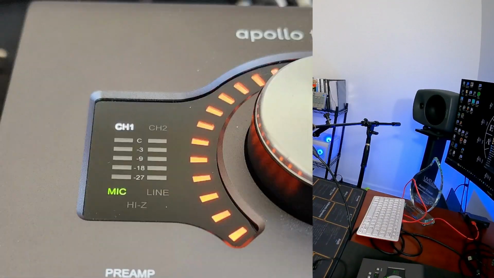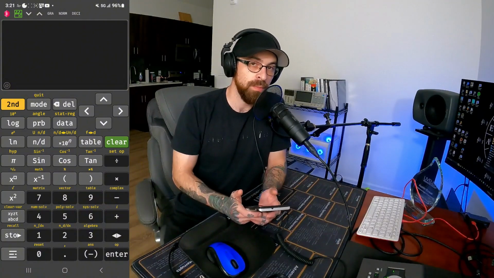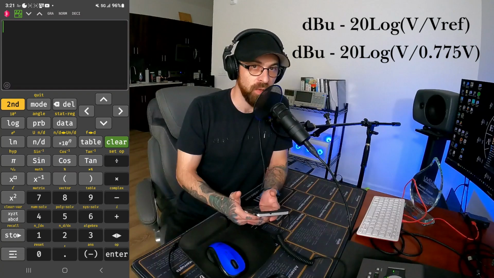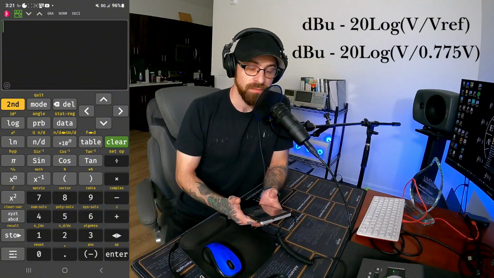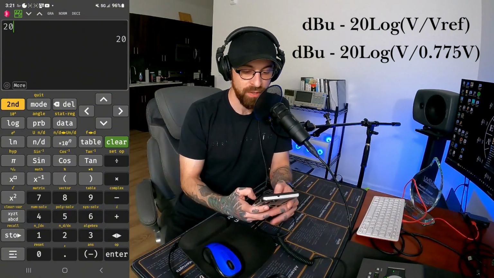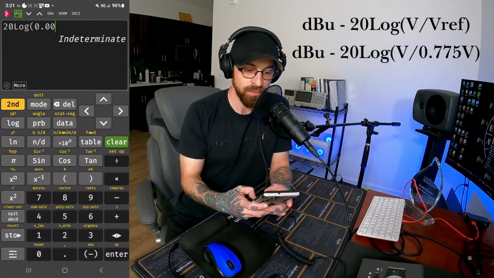When working with professional audio equipment, you'll typically notice two different levels, mic and line. Microphones convert sound waves into electricity. A microphone can typically produce a voltage from 0.001 to around 0.01. So if we get out our calculator again, we can walk through the logarithmic equation in order to figure out what the decibel level is for any given voltage. For example, if we want to figure out what the mic level is, all we have to do is type in 20 log. Our voltage is typically 0.001